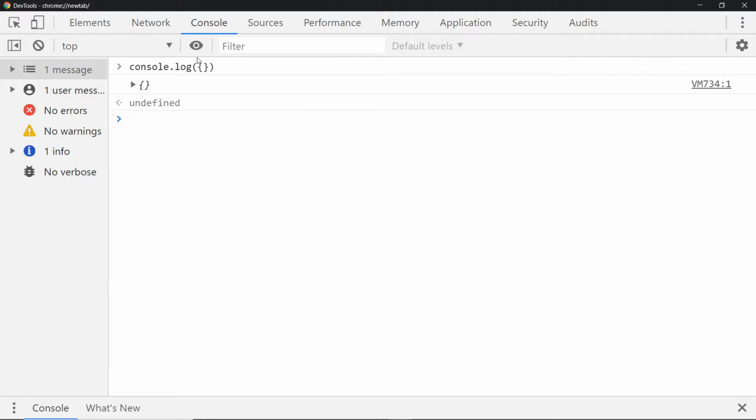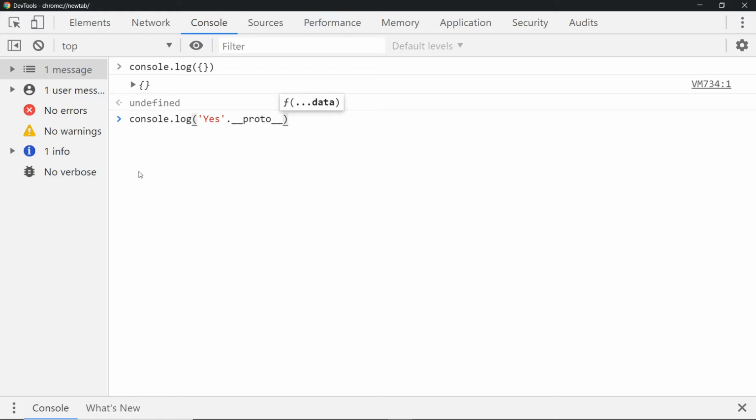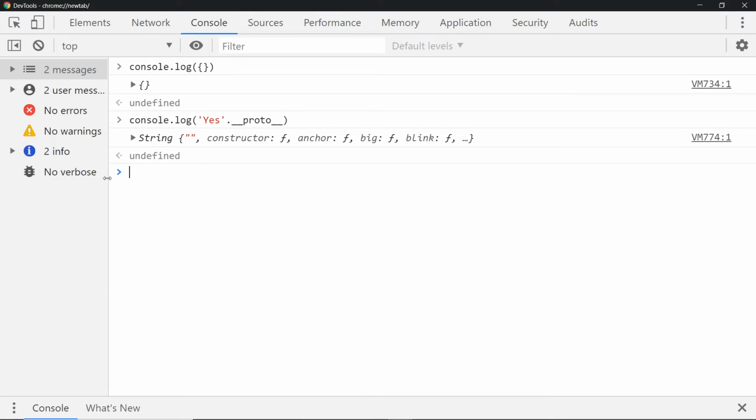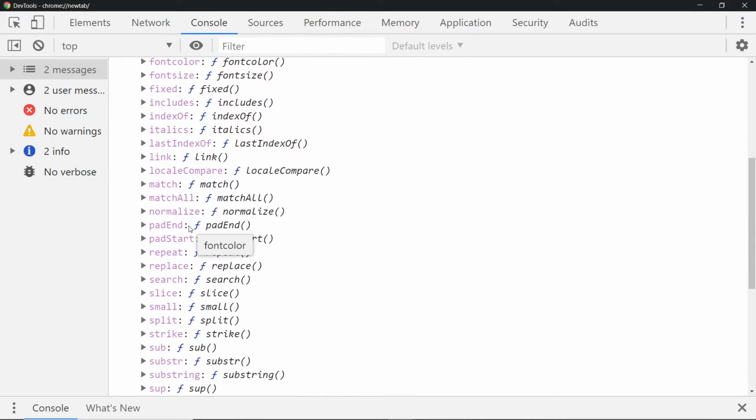So my question was afterwards, we do yes.__proto__, what is this going to be? So let's check it. It's going to be String, because the string prototype is the prototype of all the strings. That's why we can use methods on strings. We have here all the methods. So indexOf, includes,